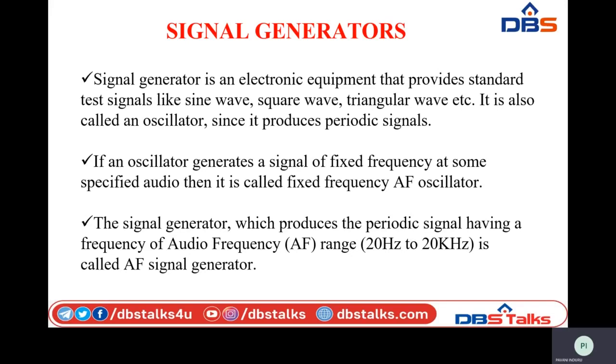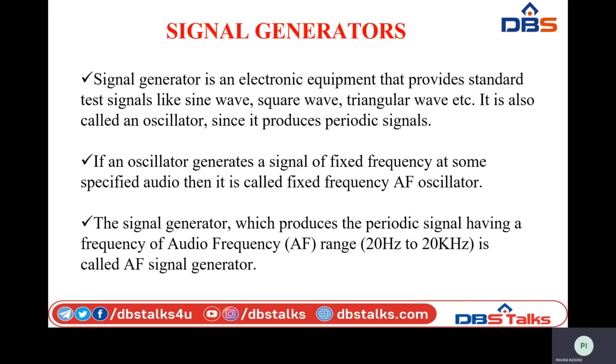Here we have different types of signal generators available. Those are fixed frequency signal generators and variable frequency signal generators. In variable frequency signal generators, we have the audible range as well as the radio frequency range. For some applications, such as testing audio circuits, we require only a specified frequency signal like 400 Hz or 1000 Hz in the range of audio frequencies. Then it is known as a fixed frequency AF signal generator.